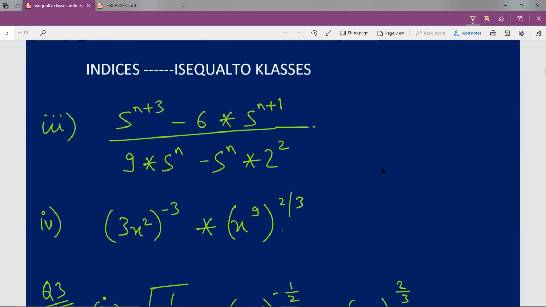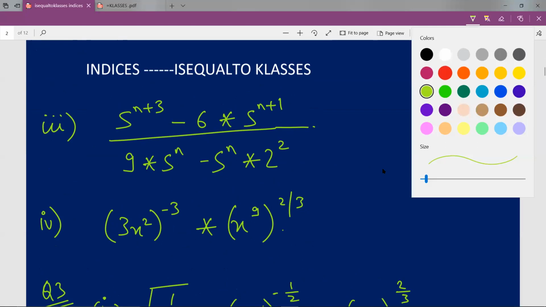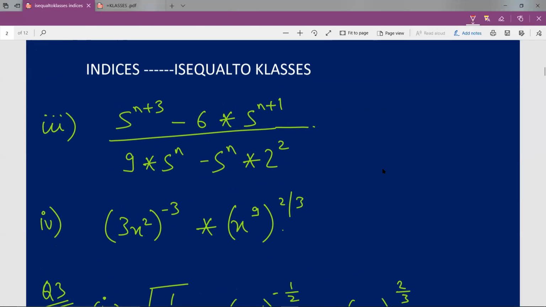Okay, this seems to be a bit complicated. So this is 5 raised to power n plus 3 minus 6 into 5 raised to power n plus 1, upon 9 into 5 raised to power n minus 5n into 2 square. Okay, so